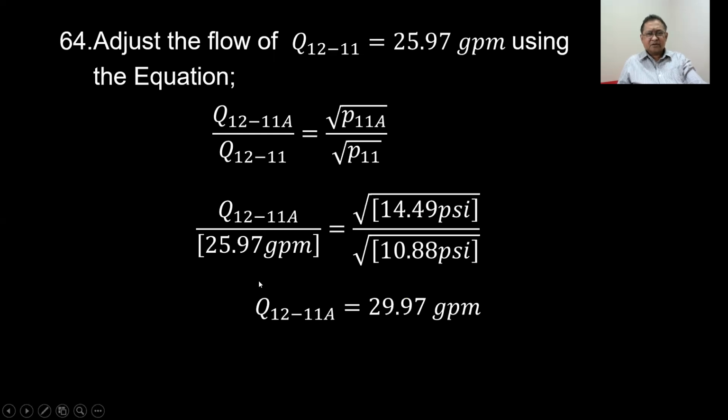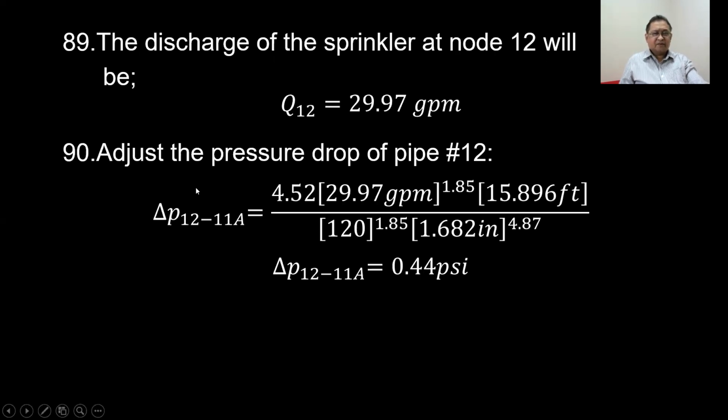Okay, so using 25.97 and this formula here, Q sub 12 minus 11 divided by 25.97 is the ratio of the square roots of the higher pressure to the lower pressure, and Q sub 12 to 11 adjusted will be equal to 29.97 GPM. And the discharge of the sprinkler at node number 12 will be Q12